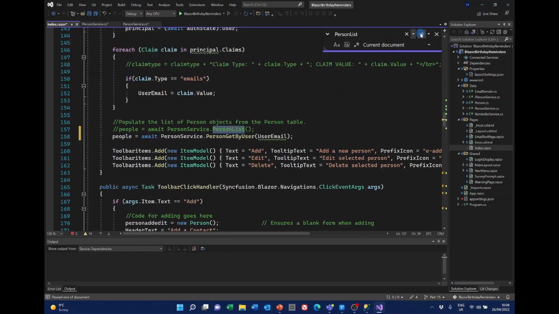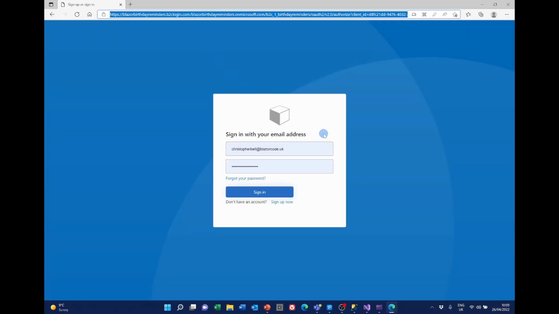Right, so that's got all those replaced. And if we run it now, we should see that we only get the records for the currently logged in users. Let's have a quick look at that. So I'm going to log in as Christopher Bell at Blazor Code, and we should only see records with Christopher Bell at Blazor Code displayed,